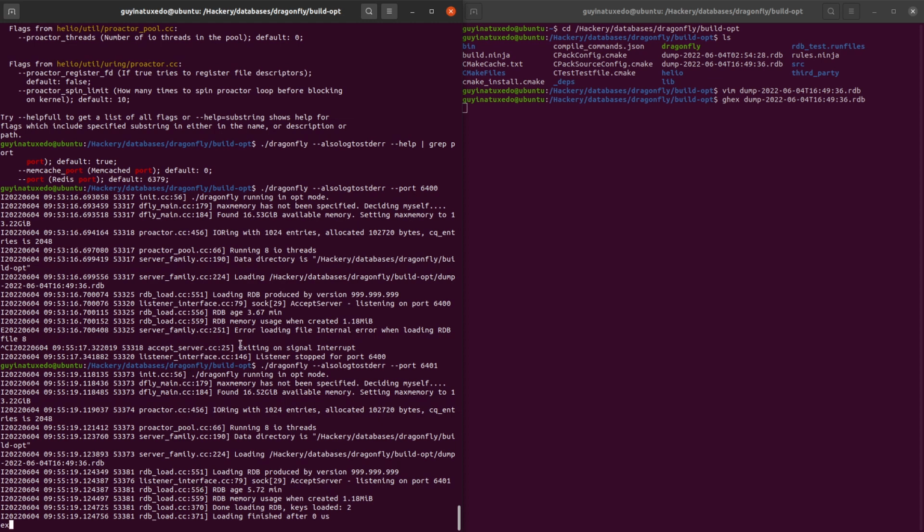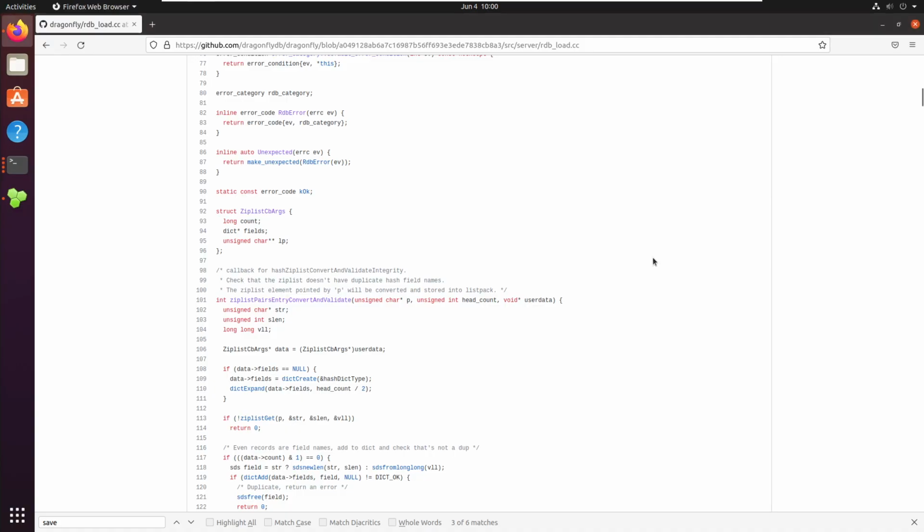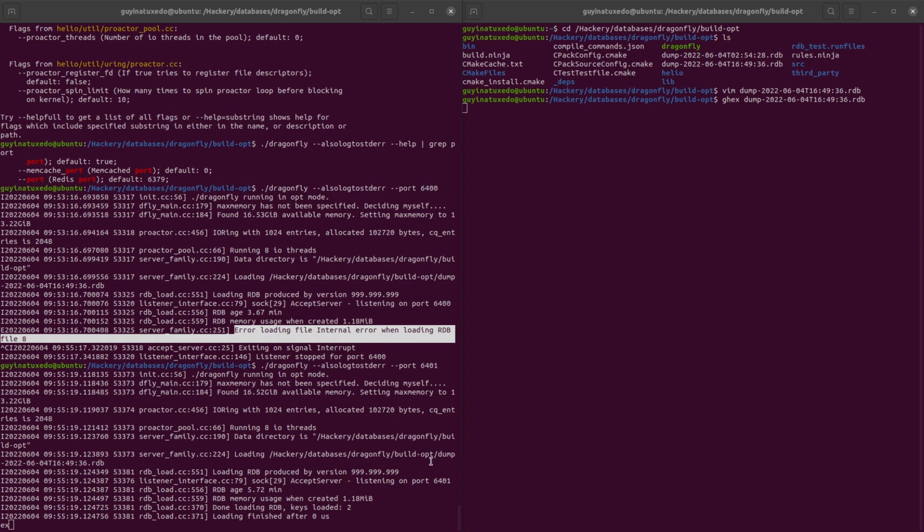Let's see. Where was the exact issue? 6400 loading RDB produced. Data directory defines data directory. Tries to load the file. Error loading file with. Let's take a look through. Well, let's see. What am I trying to find? I am trying to find the logic for where it loads this file. Probably done in here, but it looks like it's called from